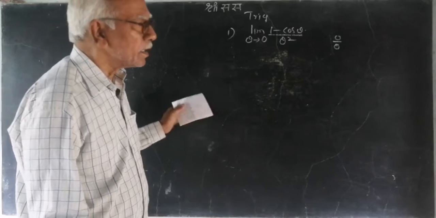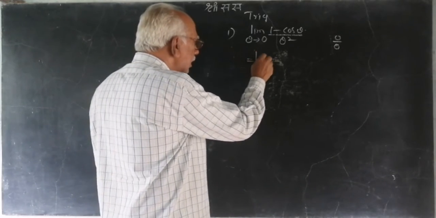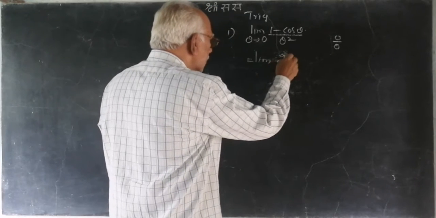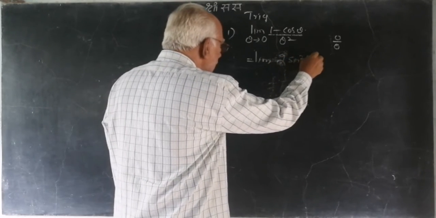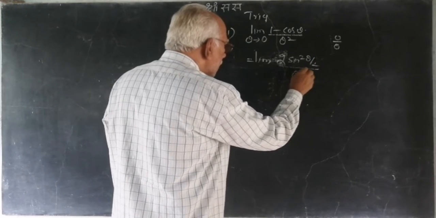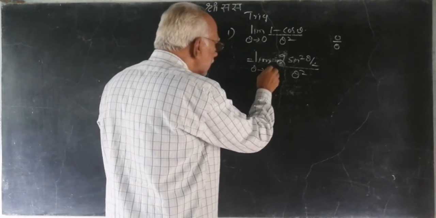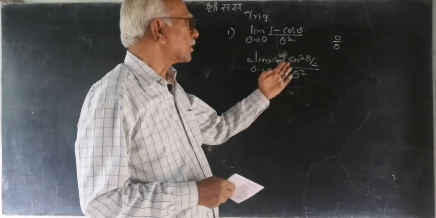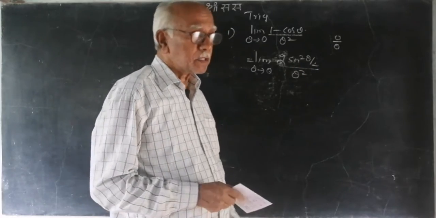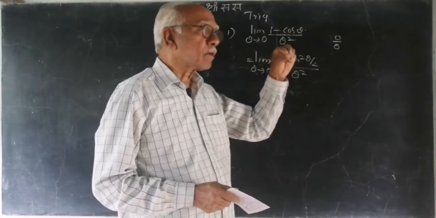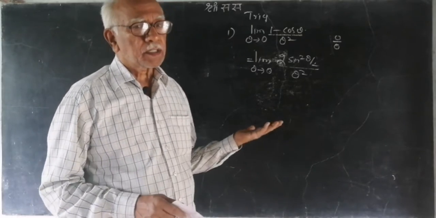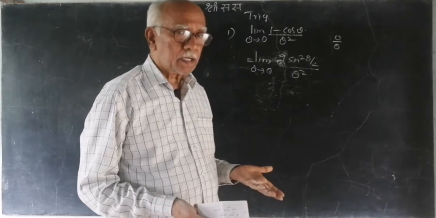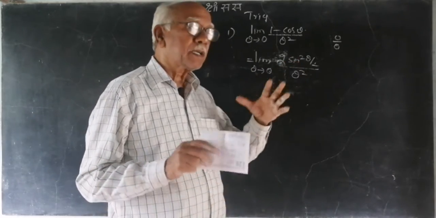If you get a value directly, there is no question of a solution. So how can we write 1 minus cos theta in the form of sin square theta? 1 minus cos theta is 2 sin square (theta by 2) upon theta square as theta tends to 0. What does sin square (theta by 2) imply? It is sin (theta by 2) into sin (theta by 2). So each sin requires one adjustment. If it is sin theta, it will have theta as the adjustment, and if it is theta by 2, theta by 2 will be the adjustment. And if it is square, it will be squared.